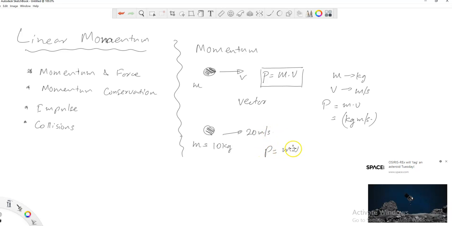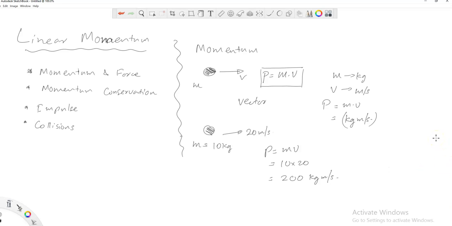Momentum is mv, therefore 10 times 20 kilograms meters per second. This is how you find momentum. Pretty simple thing to calculate, but very important in